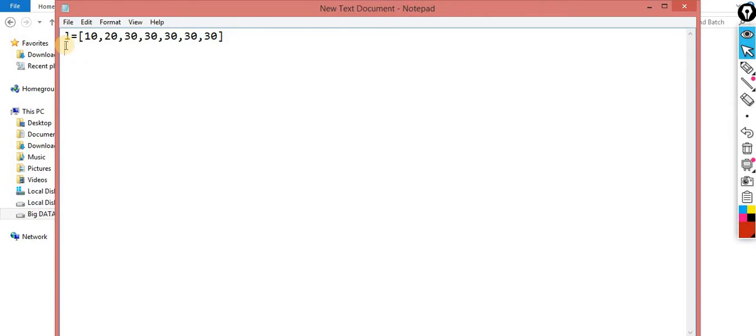First I am counting it. I am asking from the user: n is equal to int of input of what you want to remove. Okay, I ask from the user. Now I don't know how many times this value occurs over there, so make it more generic. Now I will write a complete generic code for the same.